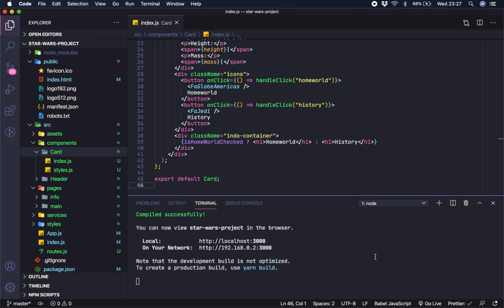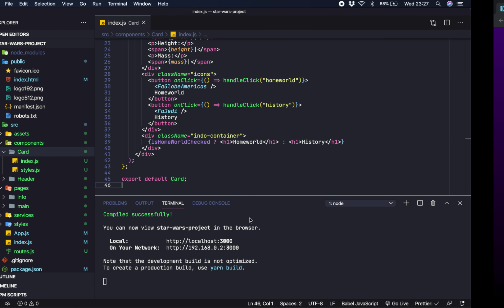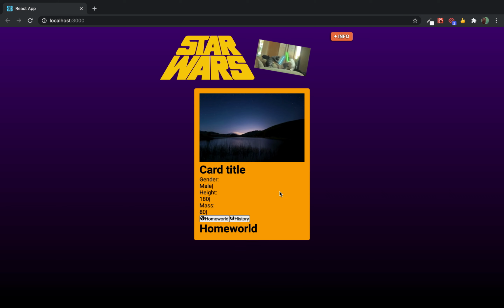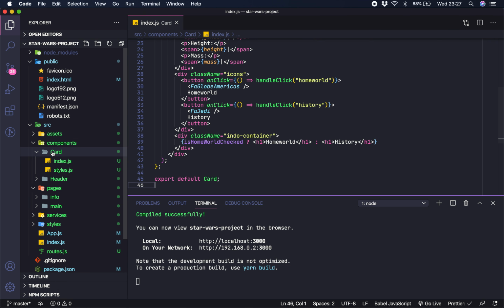In this class, we're gonna build our bottom component. My server is running here and let's analyze the card. I have header information like this image and title, body information like gender, height and mass, and here bottom information. So the component will replace this part of the card. Okay, so inside the card